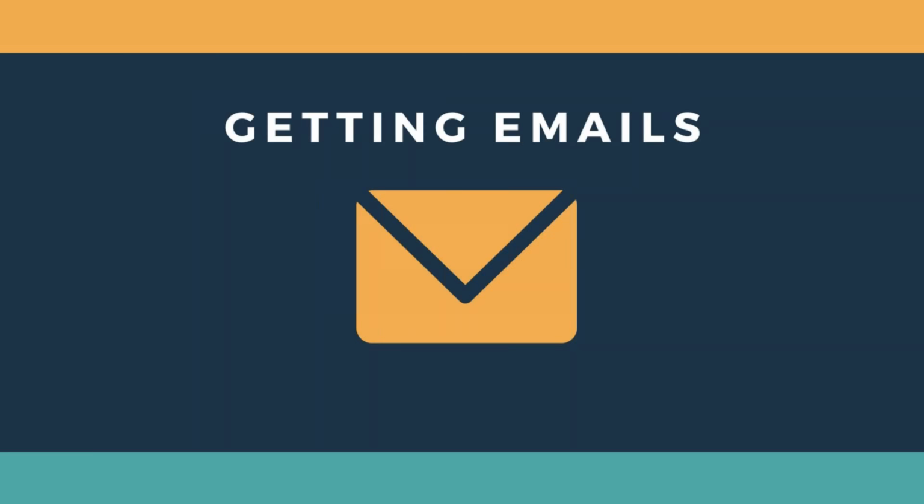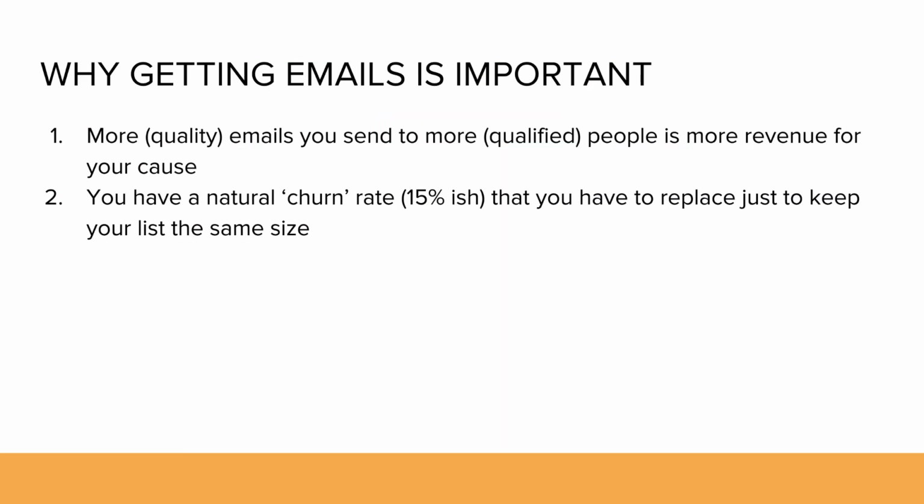All right, so the first section, how can we go about getting more emails? So again, just a refresher on why getting emails is important. The more quality emails you send to more qualified people, the more revenue. And then you also have that natural churn rate. So if you're not continually getting new emails online and offline, your email list or the natural reach in your online fundraising will actually start decreasing. So you need to replace 15%-ish just to be at the starting point,